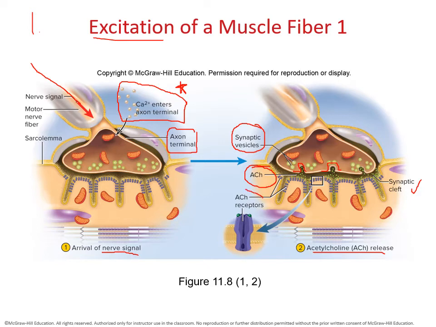So here, I'm going to circle it for you. You have a little maximized, or enlarged, image of what a little receptor looks like. And these little green dots, those are my acetylcholine ligands that are meshing with it. All right, so step 1, arrival of the nerve signal. We need calcium to make that successful. Step 2, acetylcholine is released into the synaptic cleft and starts to connect with the acetylcholine receptors.